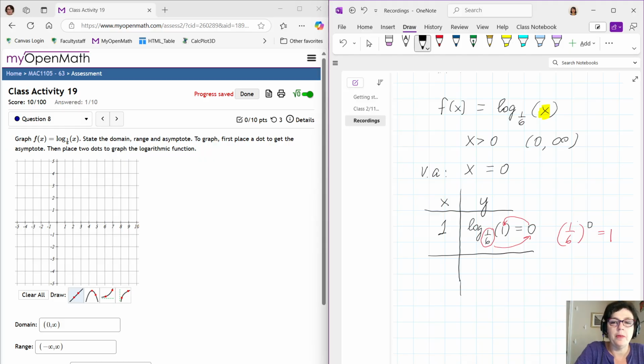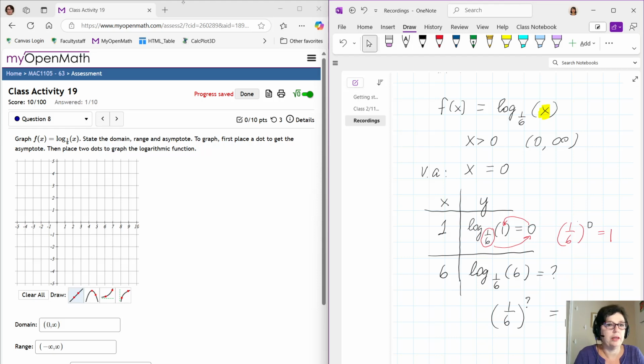And what I'm thinking about is that if I put something like 2 or 3 or 4 or 5, this is really not going to simplify. But let's try and see what happens if I put 6. What is log with base 1 over 6 of 6? So remember that logs are powers, which means that 1/6 to which power would give me 6? Well, I can think about what negative powers represent. So if you try the calculator, what is 1/6 to the power negative 1? It's not going to be positive 1, because if you raise it to the positive 1, that's just going to give you 1 over 6. That's not going to do anything.